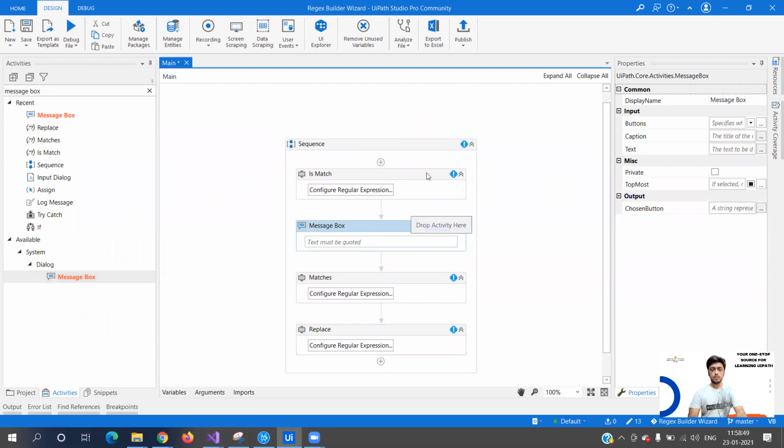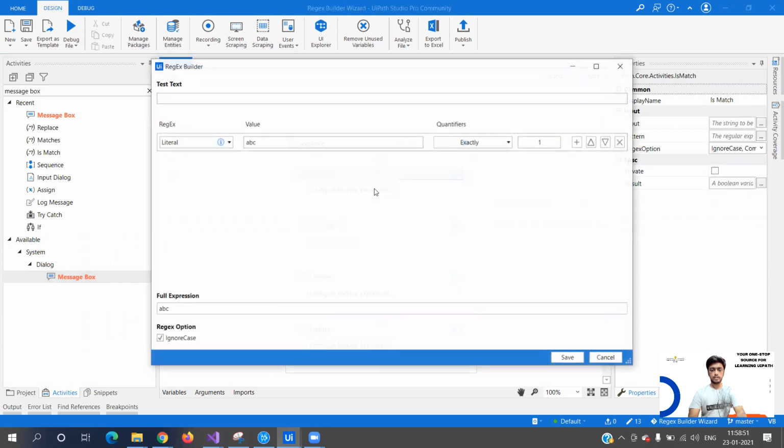So what we'll do is go to configure regular expression. Now literal is something to identify a particular string, right? If I want to check if the word variable exists or not, I have created a variable. Now you see that particular part is highlighted. So this is the test text that we are providing, right?